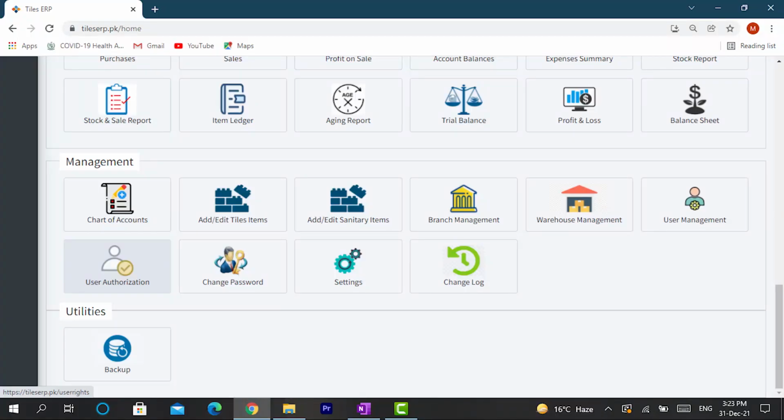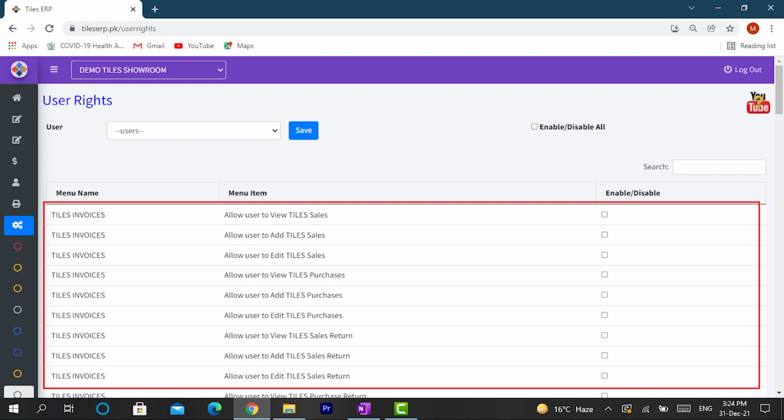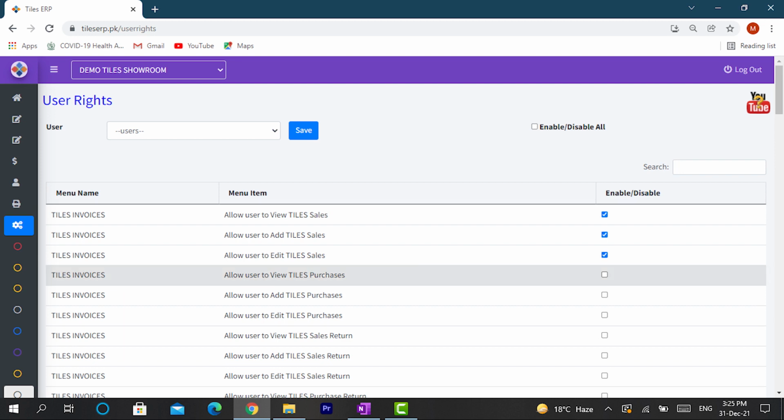This video demonstrates user authorization under management. User authorization consists of a list of all the tiles ERP features available to each user. The administrator can provide or revoke access to any tiles ERP feature by ticking each checkbox or selecting all through